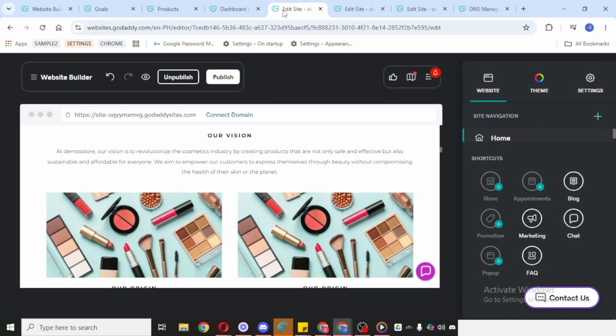Feel free to customize your site based on what you need. For example, you can update text, change images, adjust sections, refine your layout, and make your website match your brand or purpose more clearly. Take your time here, especially if you're making visual changes, because even small edits can make a big difference in how your site looks and feels to visitors.